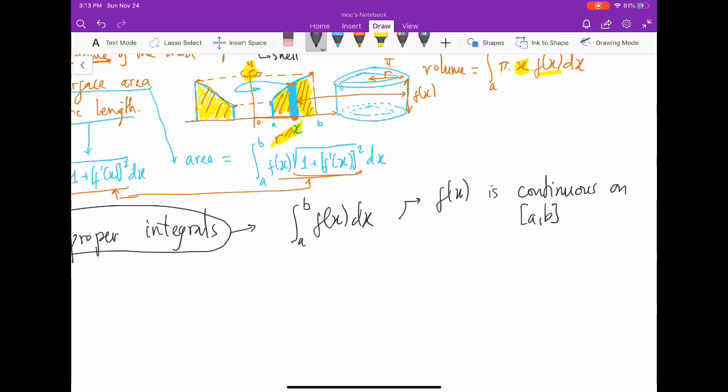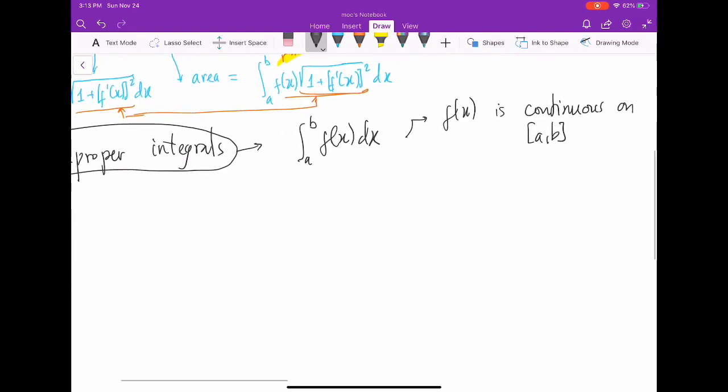So everything is good because the function is continuous at any point on a and b. But what happens if your function is not continuous at some point on this interval? Like the integral from 0 to 1 of dx over x to p, or the integral from 1 to infinity of dx over x